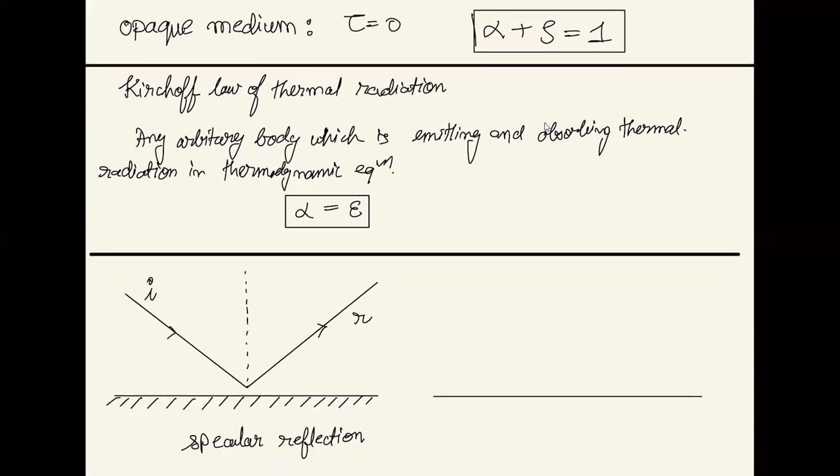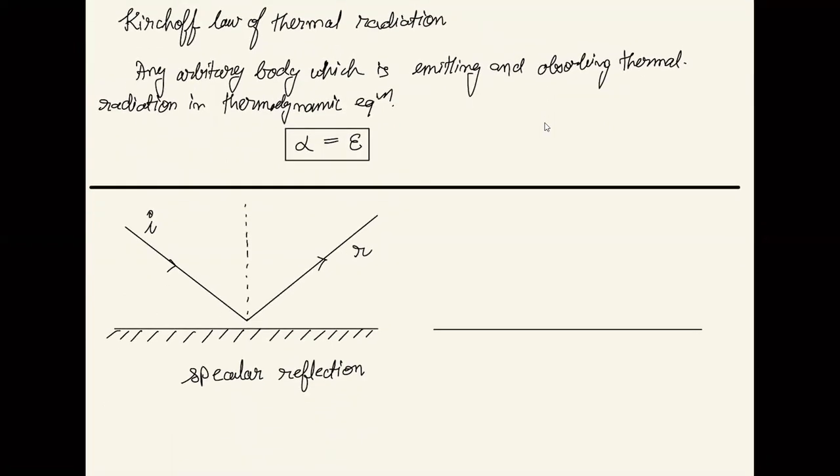So what I was talking about is there are two types of reflection. In 11th and 12th, we have already studied one sort of reflection, where if a ray of light is incident to a plane, then it will get reflected back with the same angle, right? We call it specular reflection. In thermal radiation we have another type of reflection, which is called diffusive reflection. Here the reflected light can go back at any angle.